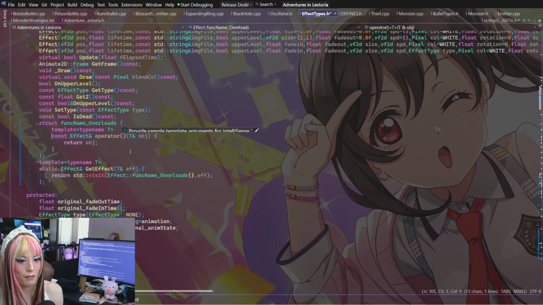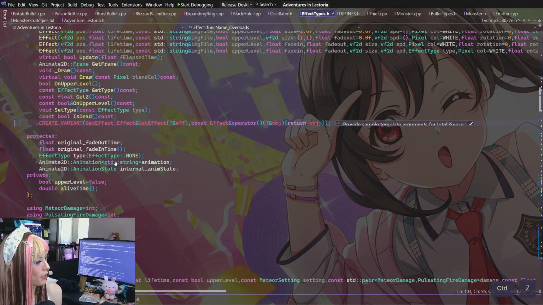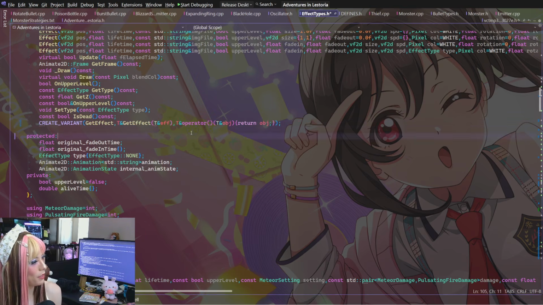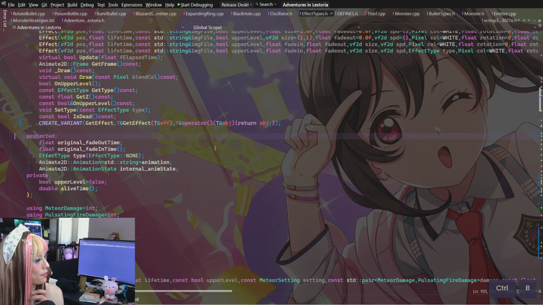But then we have get effect as well, which also returns a static effect reference. I feel like that one should also return... I don't know why I'm not using T here. It's kind of weird. Why am I not using T there? Let's try that first, because T should be able to resolve that for us. I'm not really sure what the point of me doing effect there is.